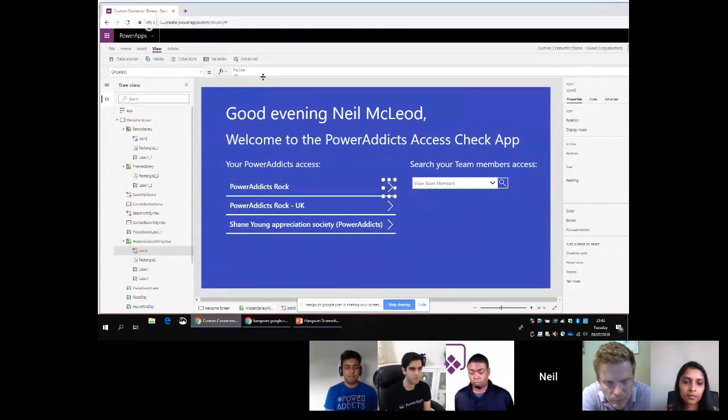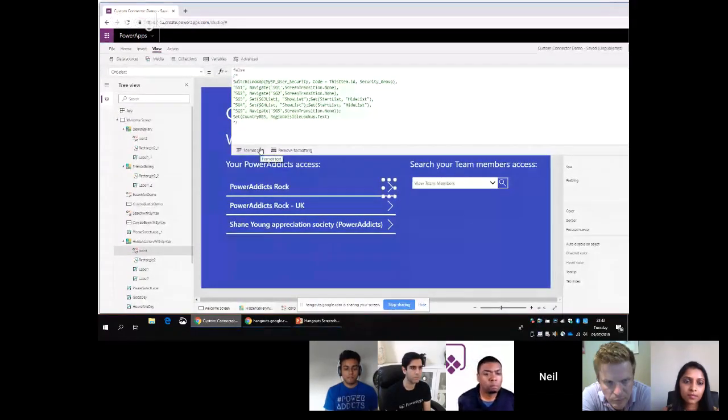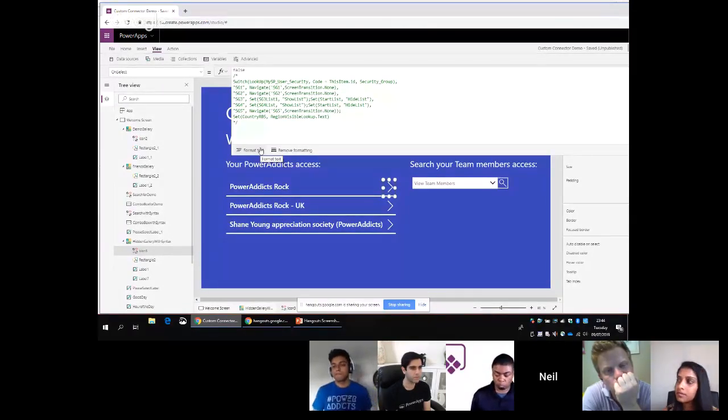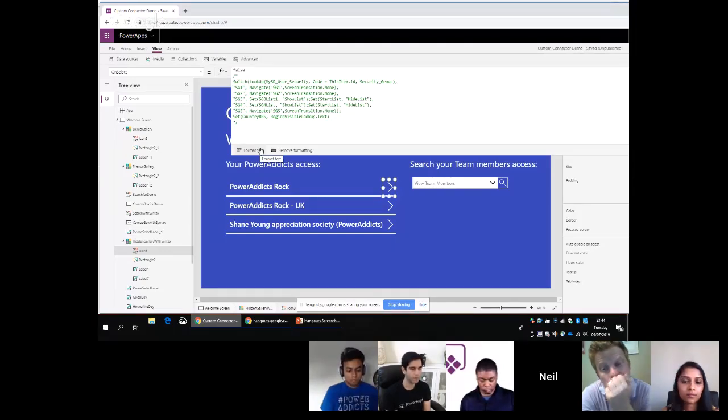So I'm actually showing you a block of text from my real app. I'm doing a little Switch on the security groups that you see on that previous screen, and then navigating to various different screens within the app. And then, just to go to the next level, we've even got one of the distribution lists. We ended up with 20 distribution lists for this item, so we created one, put everybody on it, and then had a dynamic role level security on it. We had another SharePoint list that drove that one. So they've got some show lists and various other things to do that. And it worked pretty good.